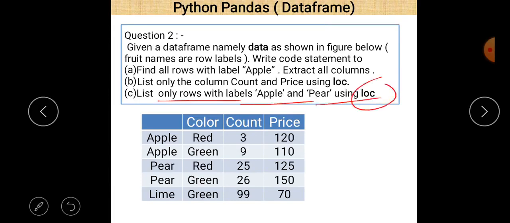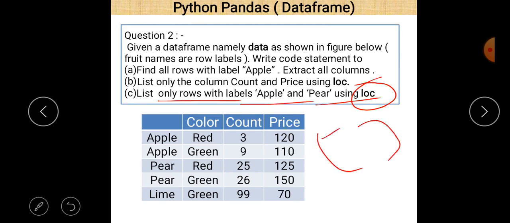So using LOC you can find the data row-wise or column-wise. First of all, the row should be mentioned, after that a comma sign, and after that the column should be mentioned. If there is more than one row, then give these values within a square bracket.